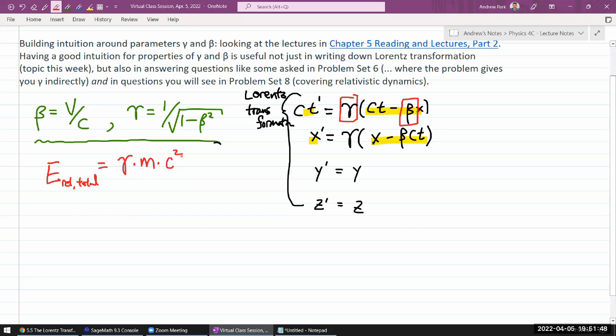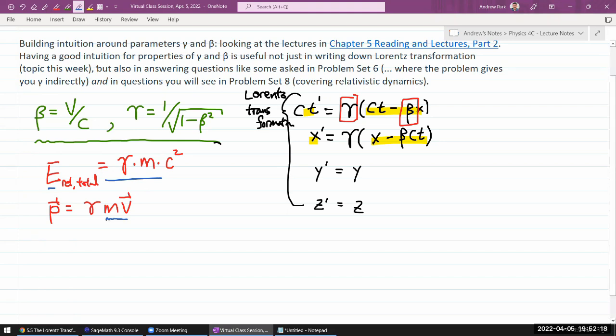That's our total energy. And the relativistic momentum will be gamma, same gamma there, times m times the velocity. So you can kind of see the hint of the non-relativistic approximation here. It's a little bit harder to see here. I'll leave that for next week. But for now, what I can say is that